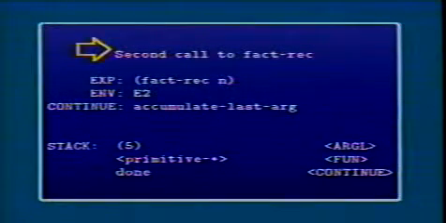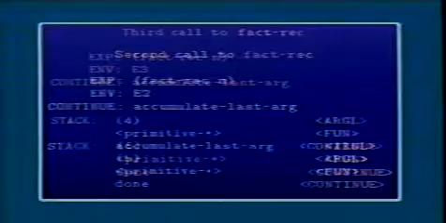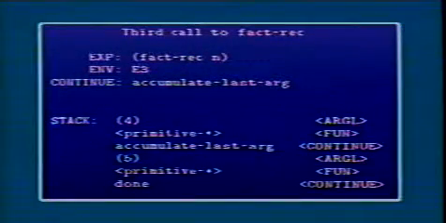So when we go off to make another call, we evaluate the n minus 1. That gives us another environment in which the new n is going to be down to 4, and we're about to call eval dispatch again. Right. We get another call. That 4 is going to end up in the same situation. We'll end up with another call to fact recursive n, and sitting on the stack will be the stuff from